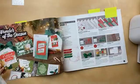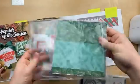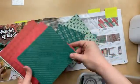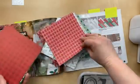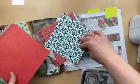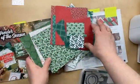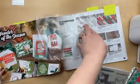It has a paper pack that is 6x6, and so that means it has 12 different designs, and you get 4 of each. This is kind of a mess. I don't have them all in order, but it'll just give you some idea of the papers in here. So traditional red and green patterns, really festive Christmas versatile things. I just saw somebody make a lumberjack card with this one. It was so cute. Real Red, Cherry Cobbler, Mint Macaron, Shaded Spruce, and Garden Green are all the colors in this paper. So we're going to use a little bit of this paper, actually this pattern right here,